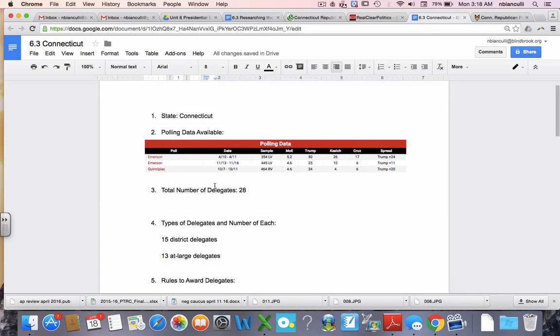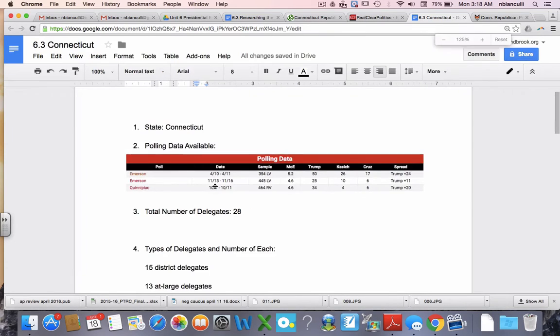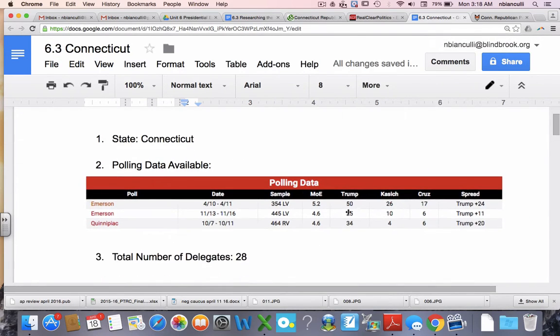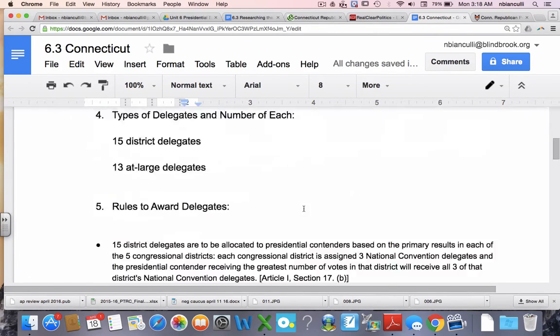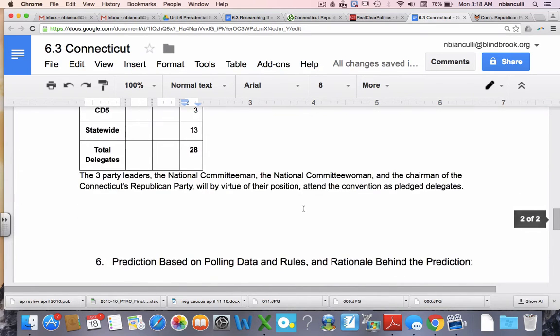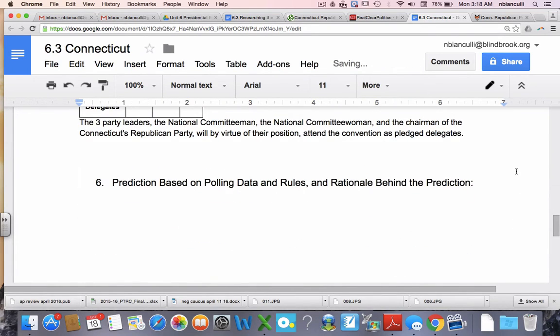So I'm going to go to my polling data, and if we take a look at the polling data, it suggests very highly that Trump will win the overall election in Connecticut. Now, it doesn't say anything about the individual districts, but we're going to have to assume for now that this distribution would be okay in the districts. Now, before we do that, though, we should definitely be using the margin of error in our prediction. So, using the latest poll,